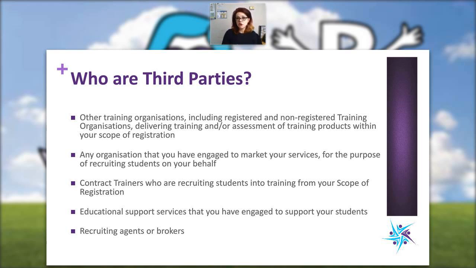Whereas you might have a contract trainer who's on the road delivering training, they collect all the evidence, they get it to you eventually, but they're doing all the recruitment process. You should have a written agreement with them that clearly outlines what their responsibilities are when they are recruiting those students, so that they're recruiting the right students. They're not recruiting students who are not suitable for that course or qualification. Like I was explaining with the VET FEE-HELP training, where there were recruitment companies recruiting students into diploma level qualifications who didn't actually have the required skills and knowledge prior to course commencement. So that was causing all sorts of issues.